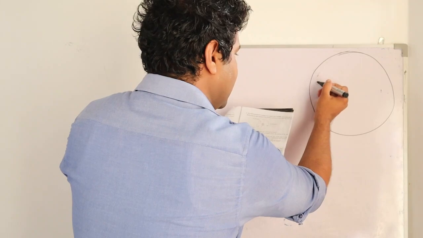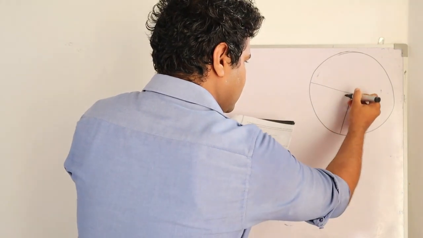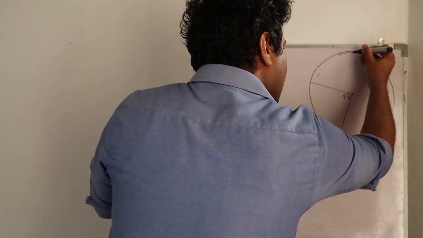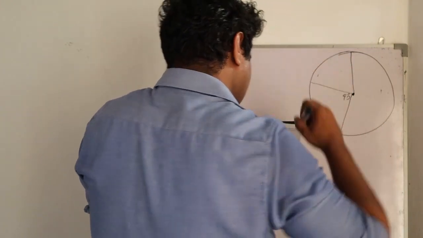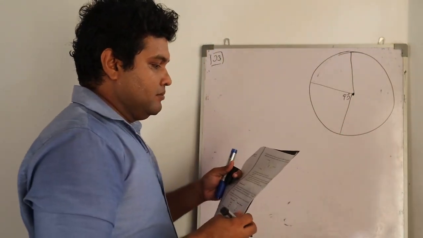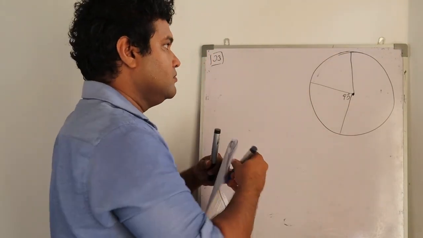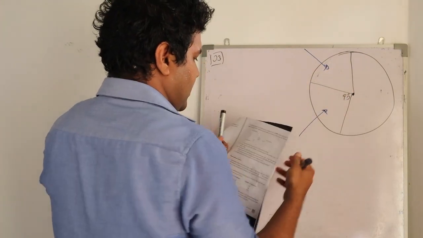Only 90 degrees is mentioned inside one of the sectors. Of course, I got that. And this vertical line. And this time, they have mentioned the denominations, the mode of the representations,